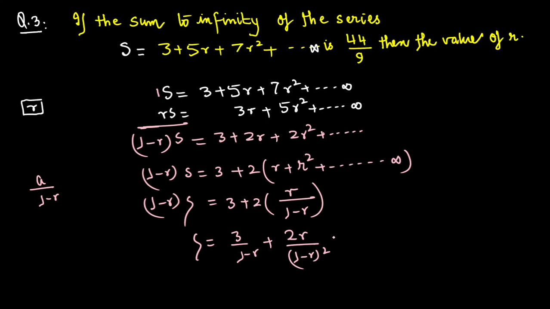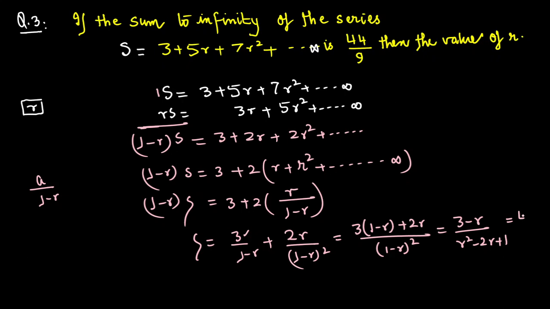Now if I simplify this, I take 1 minus r whole square as LCM, so 3 into 1 minus r plus 2r. So it becomes 3 minus r upon r square minus 2r plus 1, and its value is given 44 divided by 9. Multiply it,